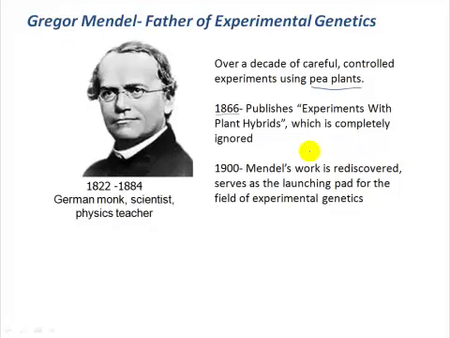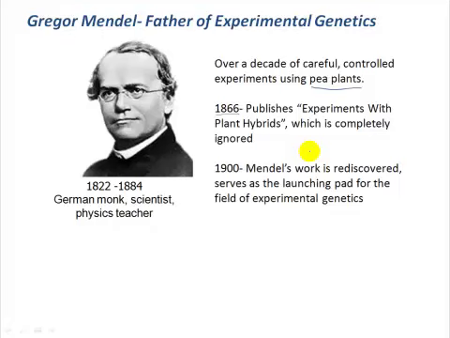A third reason that pea plants are a really good model organism for genetics is that they have a very short generation time. So you don't have to wait forever to get your offspring from any cross that you've set up. You get them in a matter of 60 days. And the fourth reason is that pea plants produce lots and lots of offspring. So with one cross, you're going to get hundreds of seeds that you can then analyze as the offspring of your genetic cross. So in one generation, you can actually get sufficient progeny to get statistically significant results that you can then analyze and have a high level of confidence in the results that you're seeing.